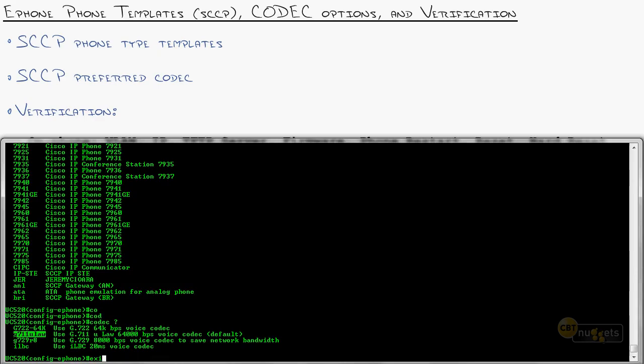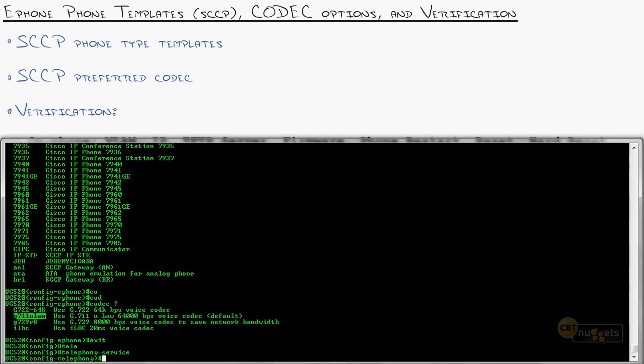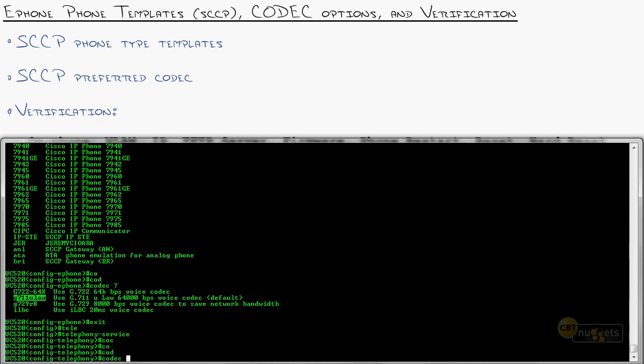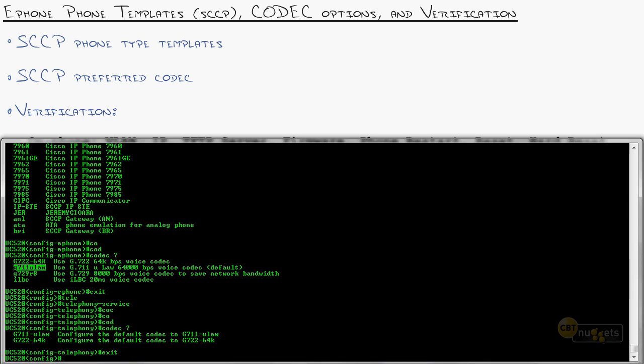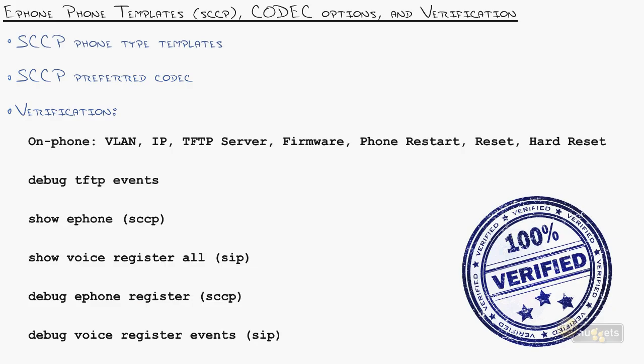Now, this does coincide with when you go under telephony service. You can actually specify a codec for the system as a whole. Now you can see this CME router only supports 2 global codecs, so the ephone one is more specific. It would overrule this if we have an individual phone making calls. So those are your 2 miscellaneous commands that I wanted to add to this scope of understanding of